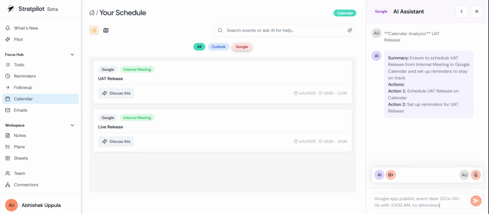I have given the description something like this. So then it started understanding the user query, and it